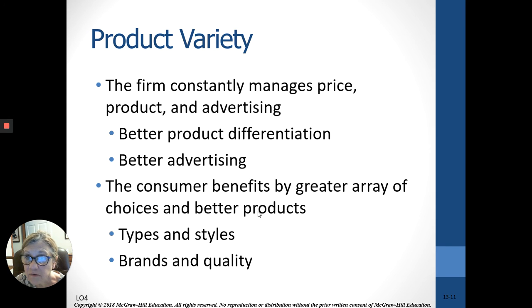So, how does the firm manage price, product, and advertising? The monopolistic competitor has to, but they would much rather you buy their product because you think it's good, not because it's cheaper. So they'll differentiate their product. They'll position themselves a certain way, maybe spend on advertising, which is much easier to do now, and much easier to target now with the internet. So they're able to do that.